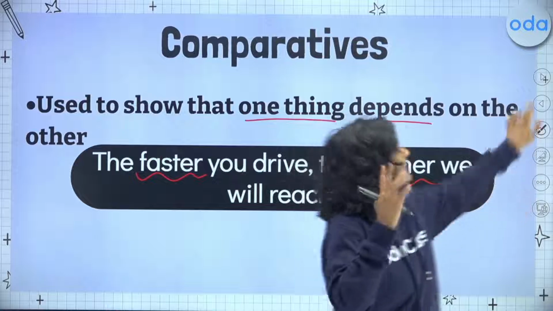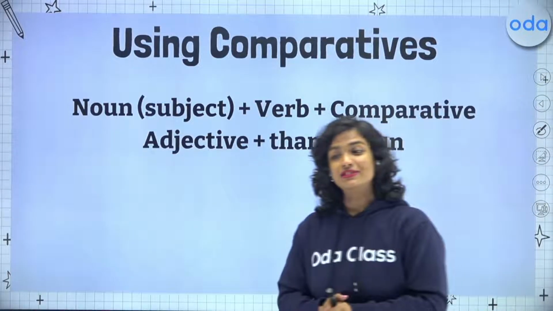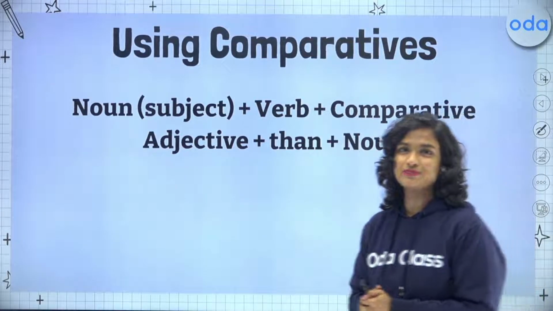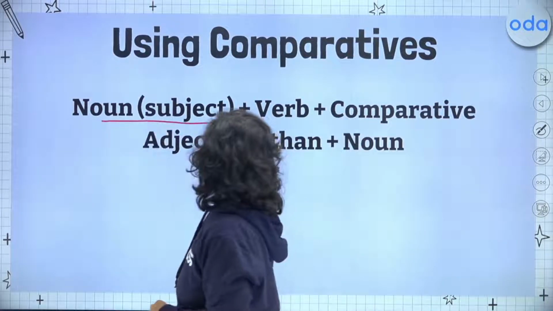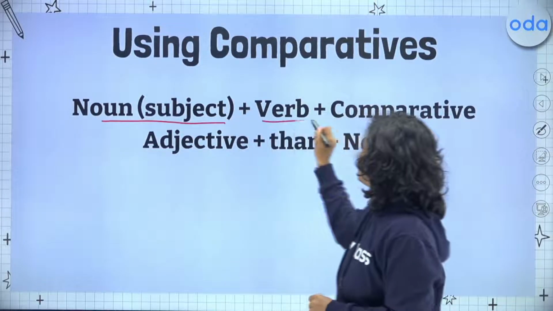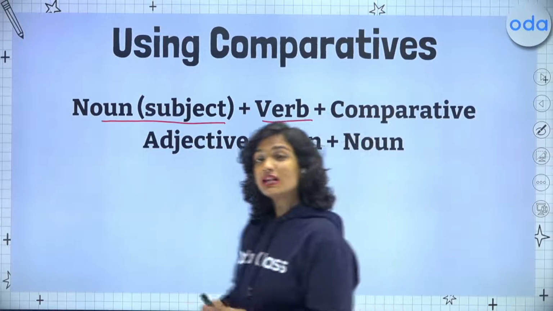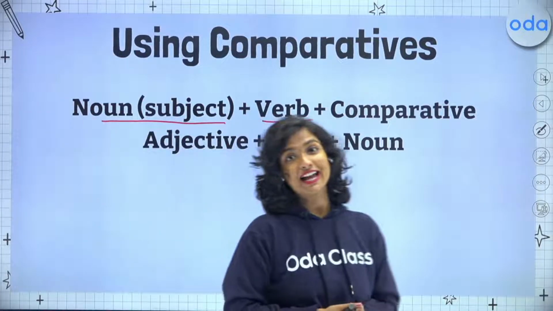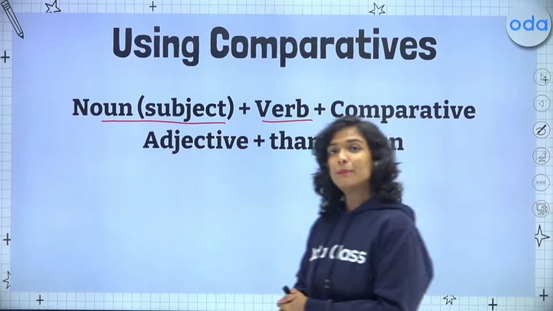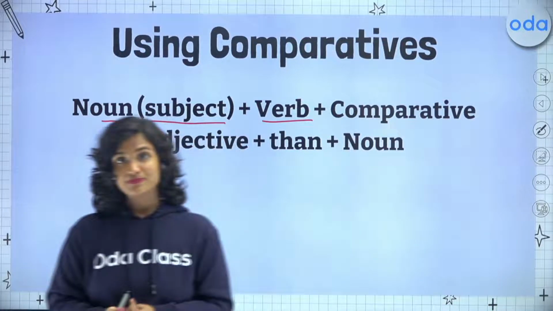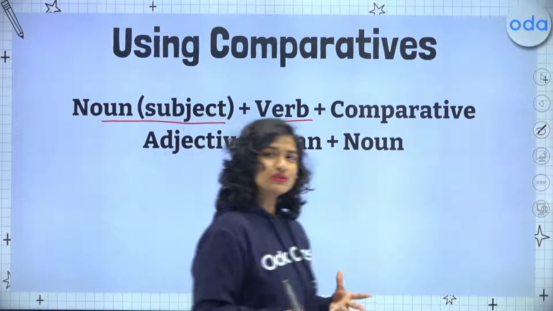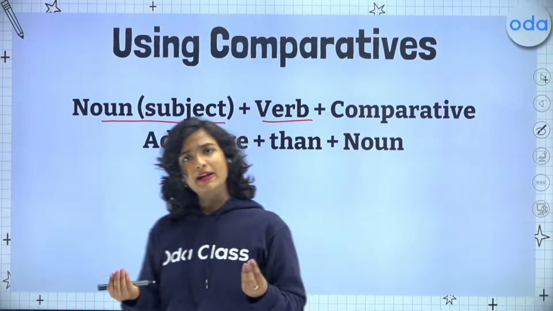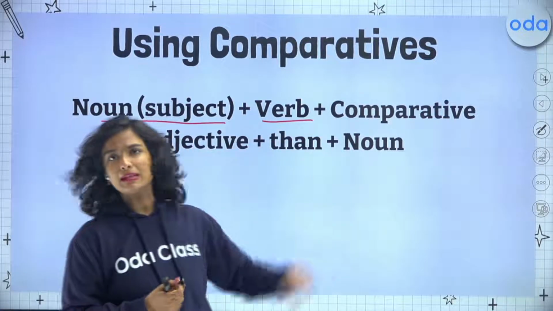Now you might be wondering, how do we use comparatives? This is going to be our little formula to use comparatives. We start, of course, with the subject, followed by the verb. Then we use our comparative adjective, which means we use the second form of our adjective. So in the earlier example, we read older, right? We have taller, more beautiful, faster, sooner. All of these comparative adjectives are used in the same exact manner.